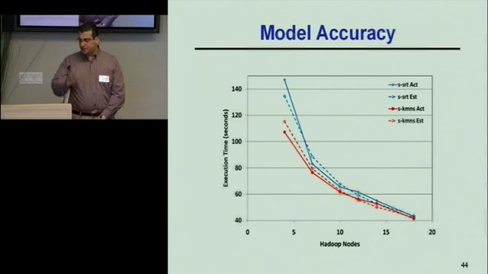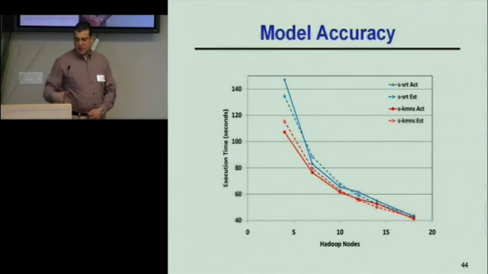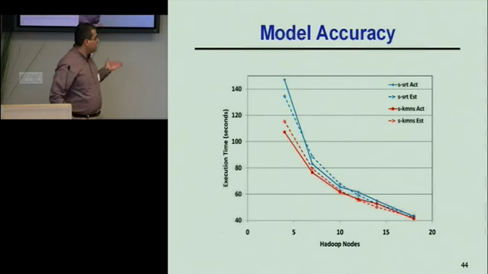So these are two Hadoop tasks. The first, the blue one, is sorting. We're sorting, I think, a small amount of data. This is a sample task that comes with Hadoop. The red task is k-means, one run of k-means clustering over synthetically generated data. And what you see on the x-axis is the number of nodes you assign to every job. The y-axis is the execution time in seconds.